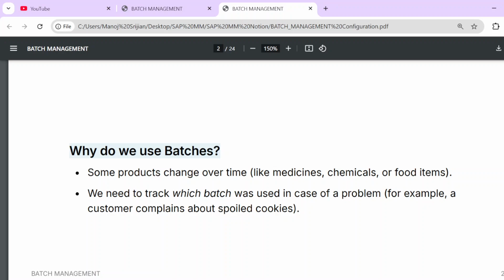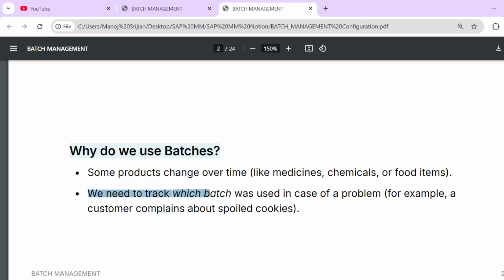Let's suppose someone has taken a medicine and unfortunately had a reaction. In that case, how is the company going to track in which batch, in which plant, on which day it was manufactured, and who was responsible? With the help of batches, we can track that.